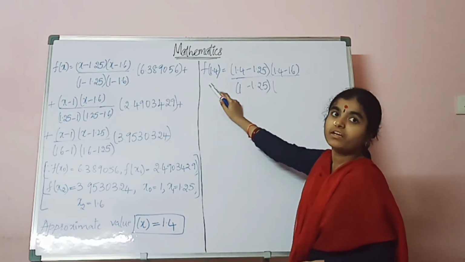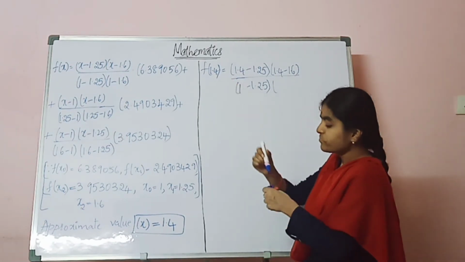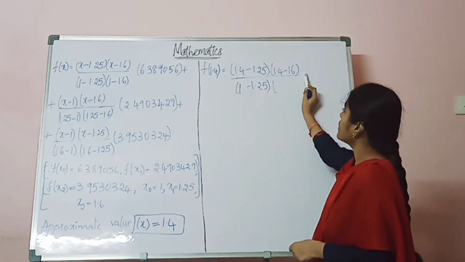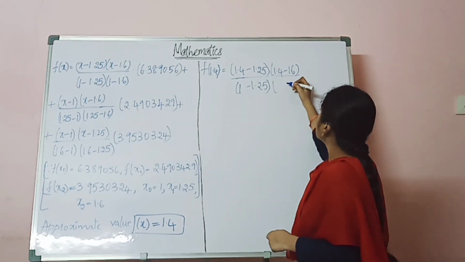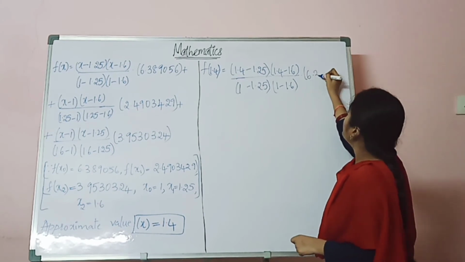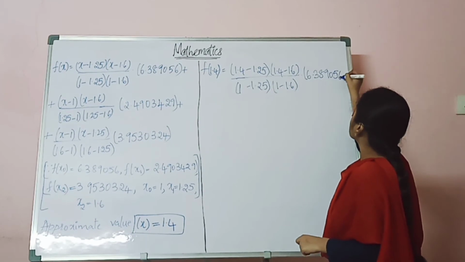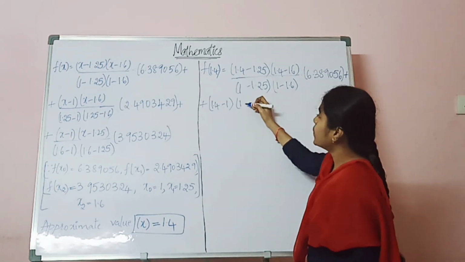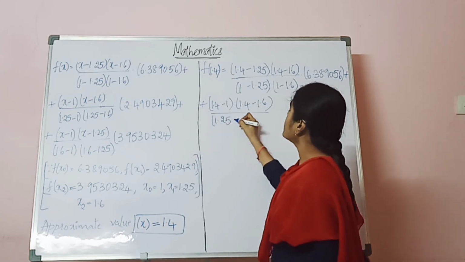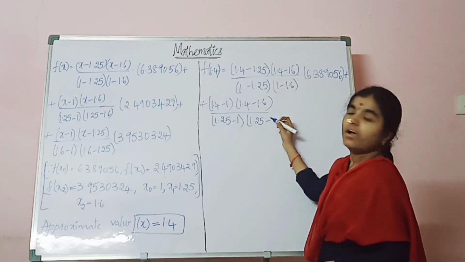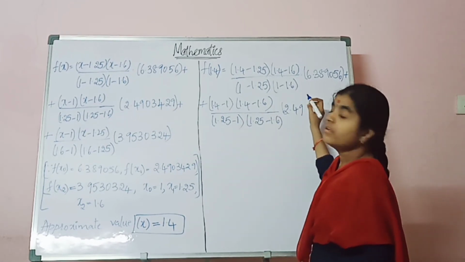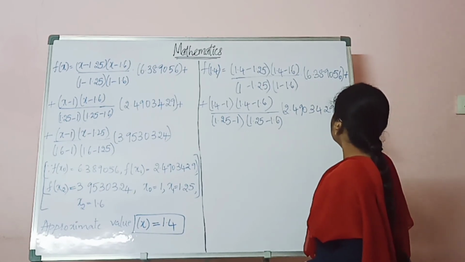So in the place of x we take f of 1.4 equals, in the place of x, 1.4 minus 1.25 into 1.4 minus 1.6, by the same, 1 minus 1.25 into 1 minus 1.6, as it is, into f of x naught, 6.389056, plus 1.4 minus 1 into 1.4 minus 1.6, by the same as it is, 1.25 minus 1 into 1.25 minus 1.6, into f of x1 as it is, 2.490429, plus